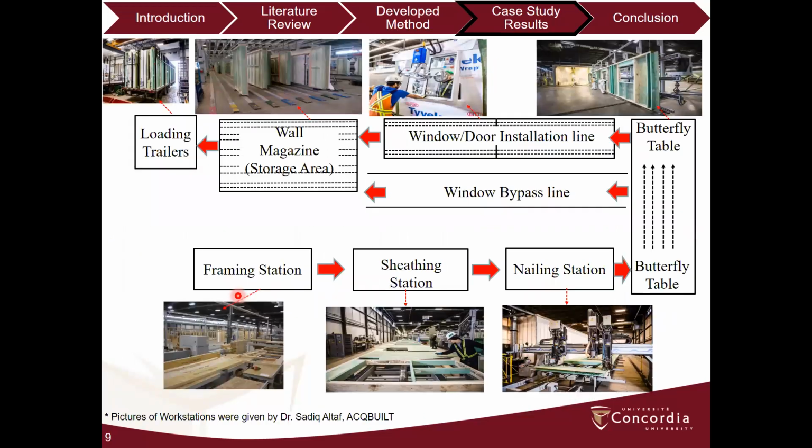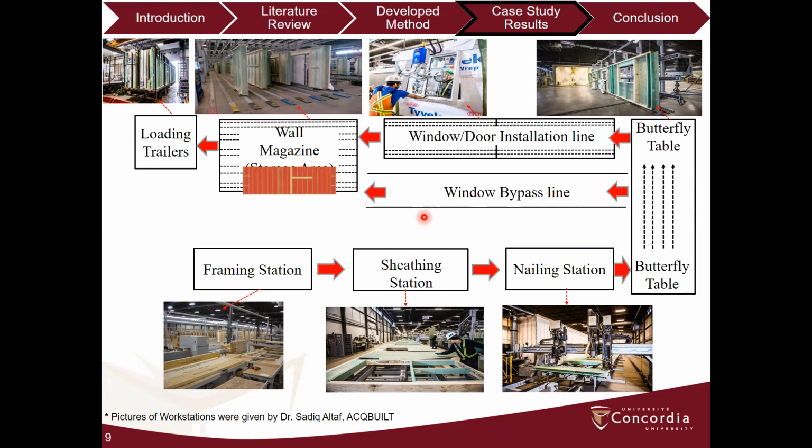The developed method was implemented on a semi-automated wood-based wall panel production line consisting of 7 workstations. The process starts at a framing station, followed by sheeting and multifunctional bridge stations. It should be noted that interior wall panels are transported to the window bypass line to store them at the